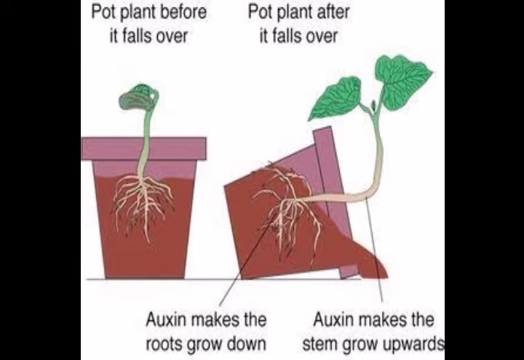Next, we are coming towards phototropism. By the word photo, we can understand that photo means light. See these two pictures: pot plant before it falls over and pot plant after it falls over. You can observe the direction of the emerging roots in this. This is activity 1 in your book. This happens because the roots are attracted towards gravity, and this process is called geotropism. Another one is called phototropism, in which the stem grows towards the light. In this one picture you can see the example of two tropisms, that is geotropism and phototropism. Okay, children.